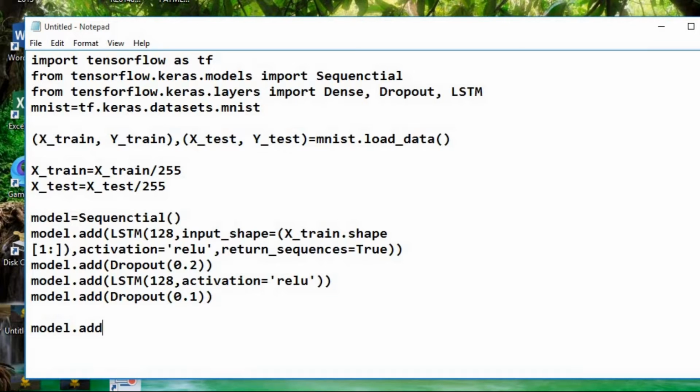Next, model.add Dense layer. Here it is going to act as a fully connected layer, again with activation function ReLU. So again we will drop out something from here also.